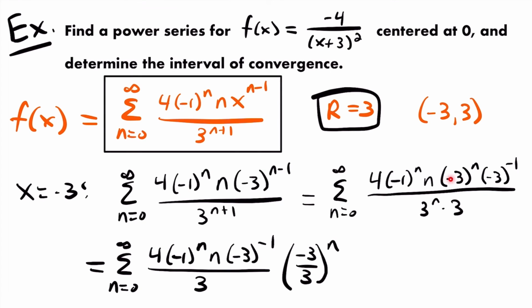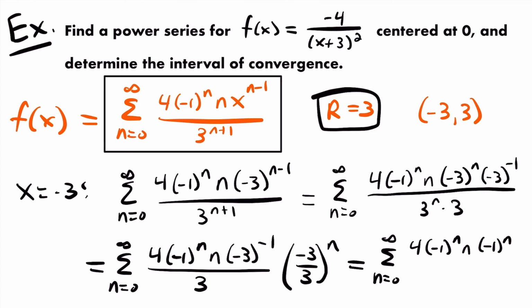All right, so I just moved negative 3 to the power of n and 3 to the power of n outside of this fraction. They're still being multiplied by the rest of everything, but now they are their own fraction, and since they were both raised to the power of n, we have both of those values to that power of n. And now, negative 3 divided by 3 is equal to negative 1, and so this is just negative 1 to the power of n, and so this would be equal to the sum from n equals 0 to infinity of 4 times the negative 1 to the power of n times the negative 1 to the power of n,